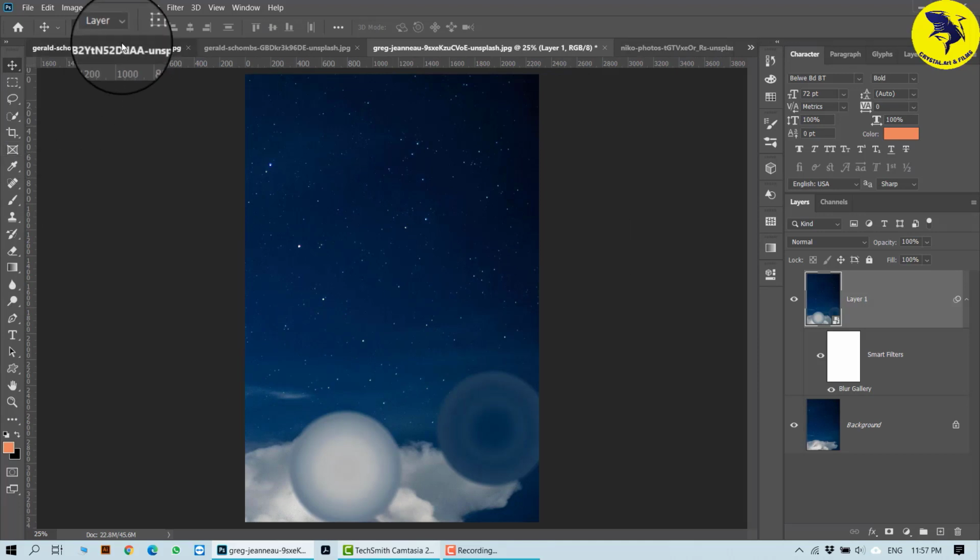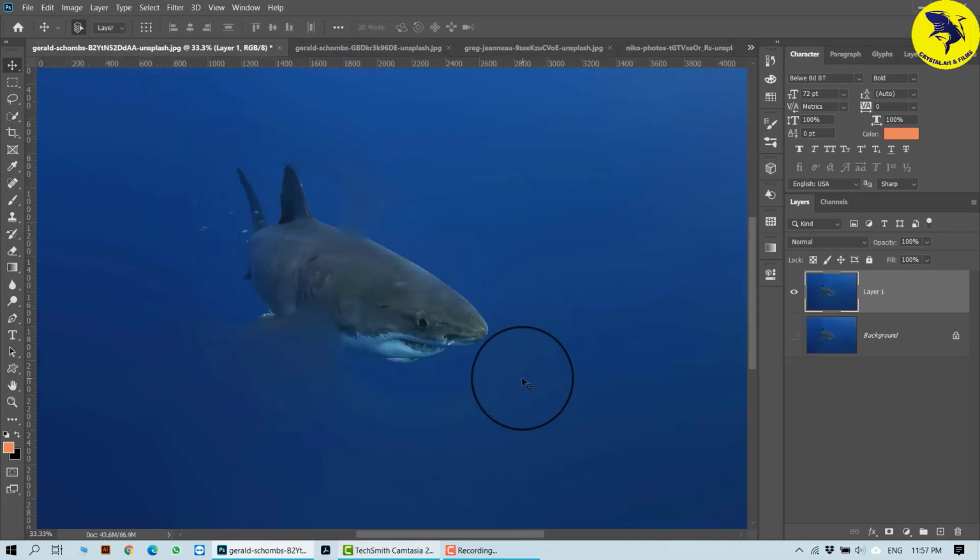So these are the different blurs we learned. The first blur we learned about was the field blur. In field blur, wherever you put your pin, that area will not be blurred and the area around it will be considered as the blur. I had put a pin here and a pin here, and the blur took place only around those two positions.